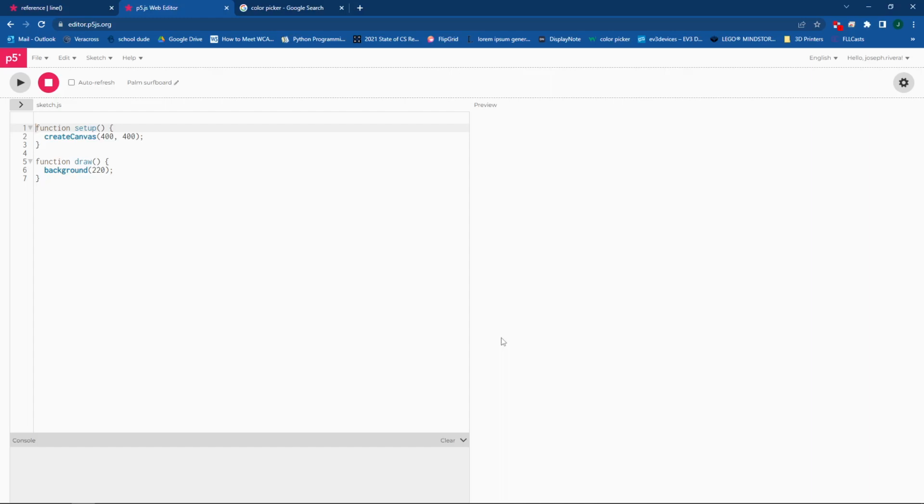Hello again, everyone. In this video, we're going to continue our discussion of the P5.js programming language and JavaScript. Last time, we talked about some of the basics of colors. And if you remember, we said that we can control the background of our drawing